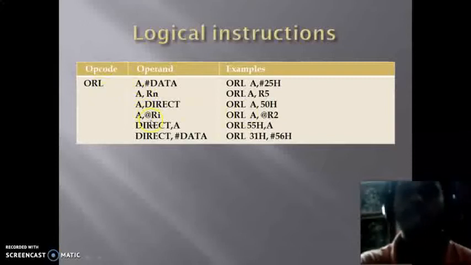Next, ORL A, @Ri. For example, ORL A, @R2. Here R2 holds a RAM address that has data, and the OR operation is performed between these two data, and the result is stored into the accumulator, and we get the effects on the flags. Next, ORL direct, A.